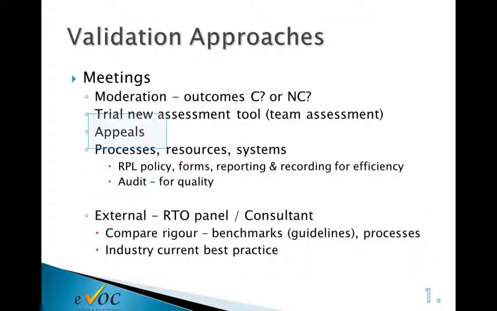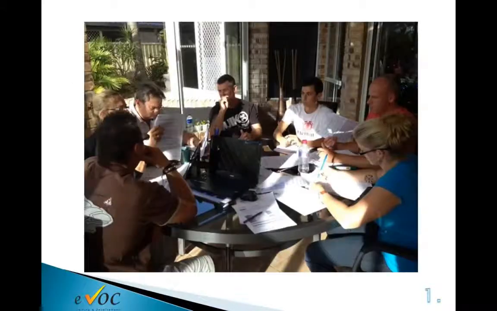It's also important for appeals. So the team's sitting around and perhaps there's been a complaint, someone's disagreed that they're not yet competent, and this would more likely happen in a recognised prior learning situation, that they haven't had sufficient evidence. And this is where the team would get together and they might all have copies of the same submission, and they're all looking at their judgments and just deciding and applying the rules of evidence.